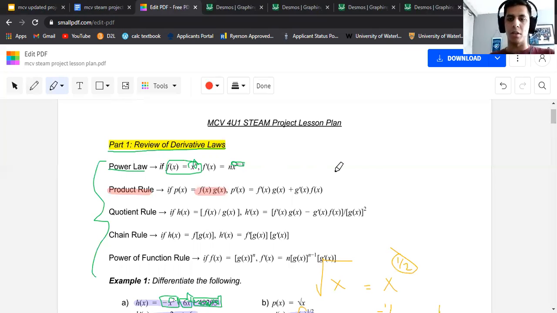And essentially, the course of action here is to take the first function, which is f of x, and you take the derivative of that, often maybe using power law or one of the few others when you get into higher level derivative questions. You take the derivative of the first times the regular second plus the derivative of the second times the initial first. Again, it seems a little bit up in the air right now, but we will get into some